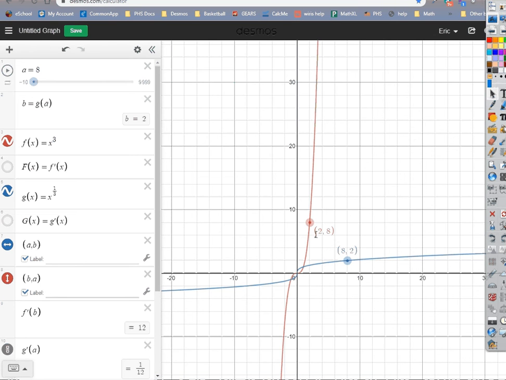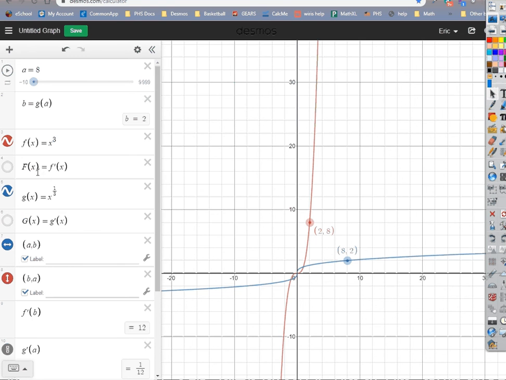Okay, so we know that those 2 points go together. Well, we know what the original function is. I'm going to pretend we don't know what the inverse function is, though, right? At least for the moment. So if I want to come up with the derivative of the original function, that's easy. 3x squared is my derivative, right? And so we can calculate, if I define capital F as being f prime,